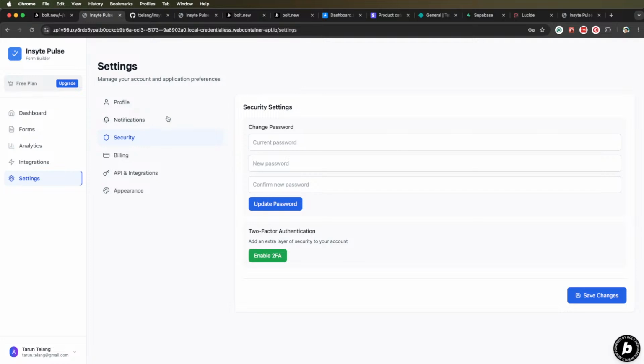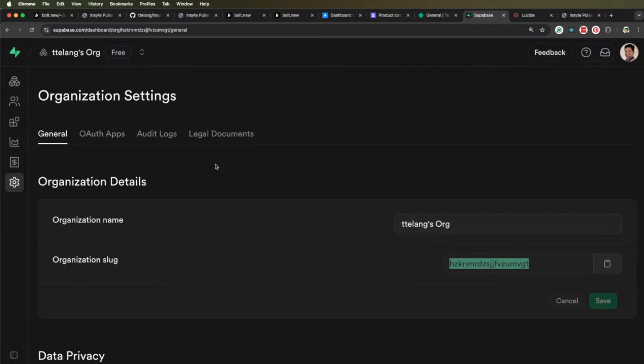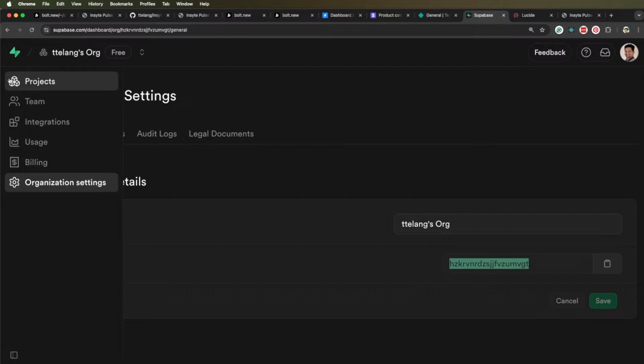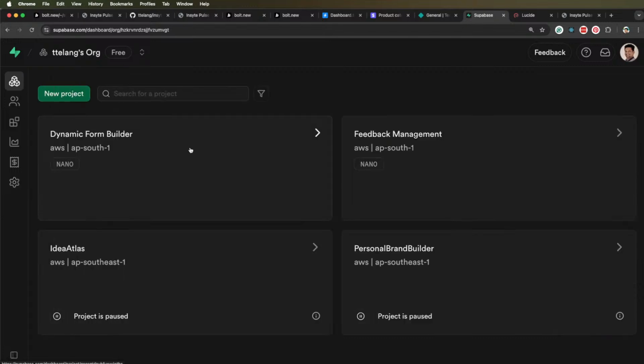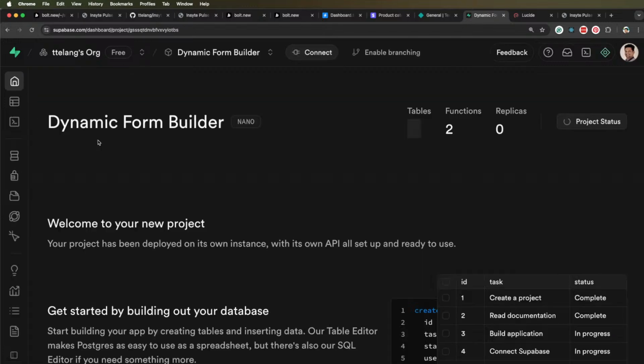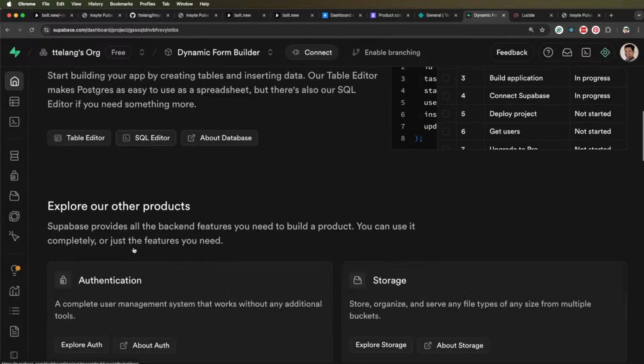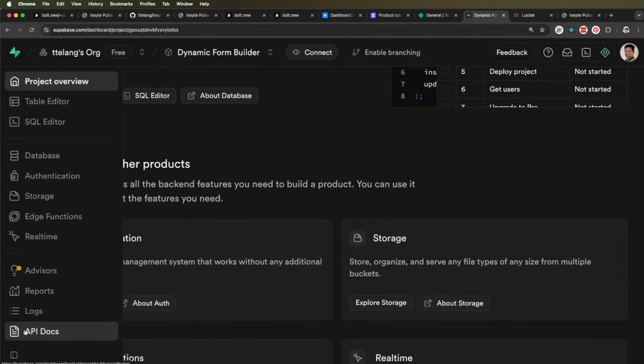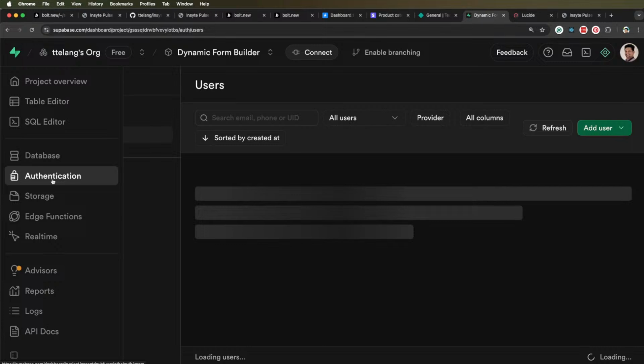Authentication is implemented using Supabase, and Supabase is a very nice platform to do the integrations for authentication. So I have here my project, and within the project I have this dynamic form builder, and with this I can have various authentication